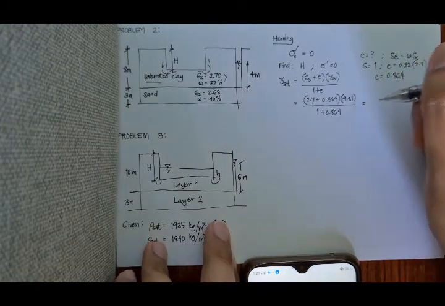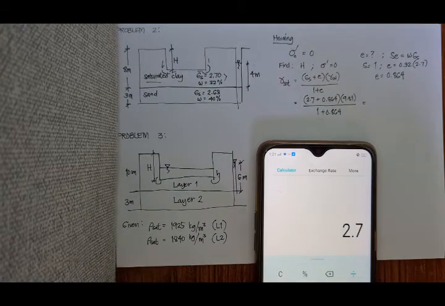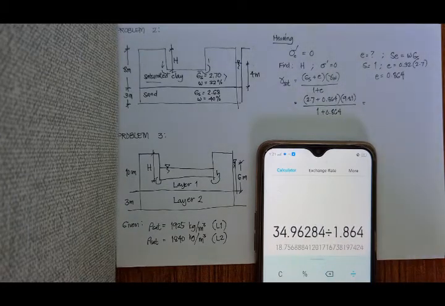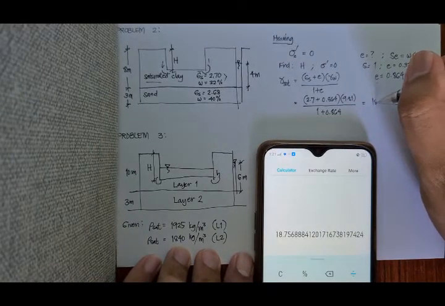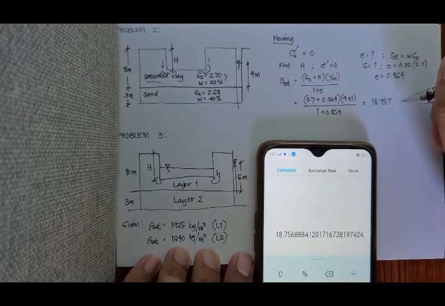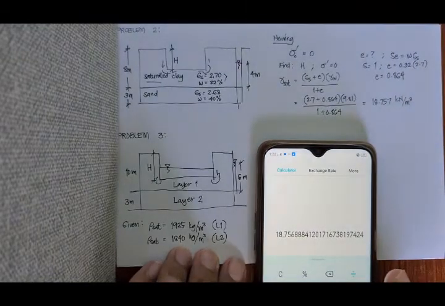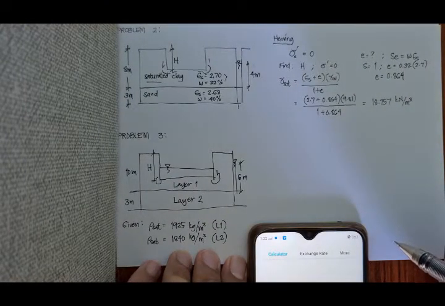So, saturated unit weight now is equal to 2.7 plus 0.864 times 9.81 divided by 1.864. So, meron tayong 18.757. Okay. So, tapos na tayo doon sa degree of saturation. Pwede natin makuha ngayon yung